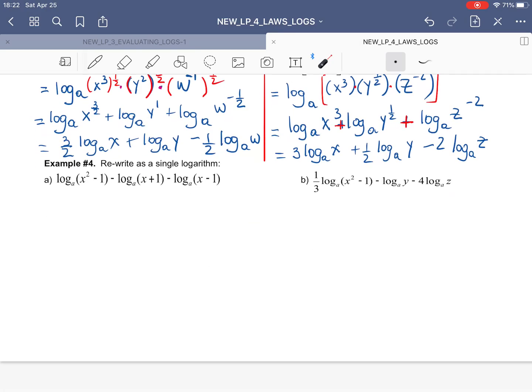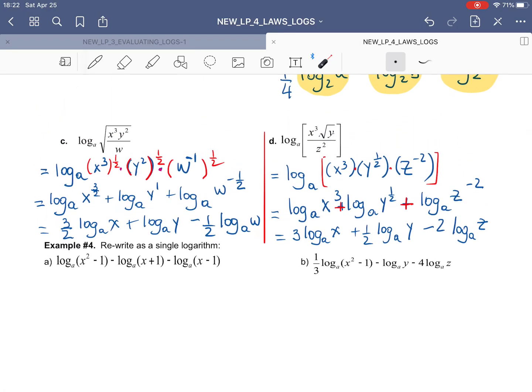Now, in the last example, we have to rewrite the expressions given as single logs. The purpose is just to apply the log laws that we just learned. So the thing that I want to pay attention to are, number 1, the bases. They must be the same for the numbers to combine. And the next thing you want to look at is what operation do you have in between. So we have minuses. That means that we have the quotient law here to apply,